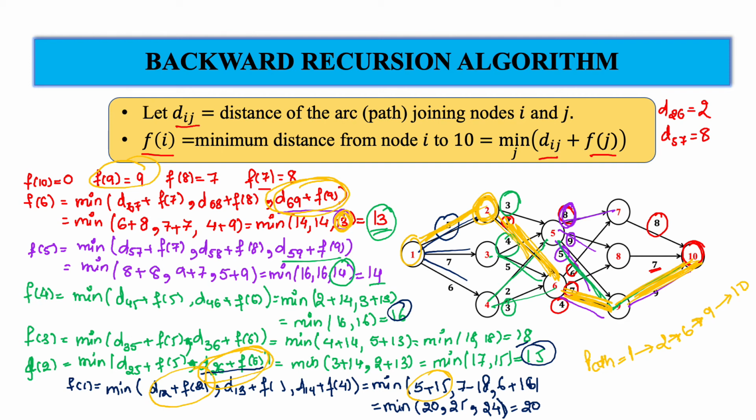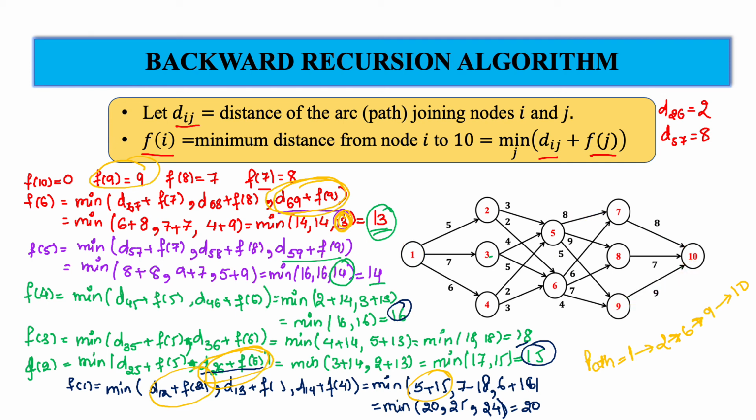Okay, and what is the minimum path value? It is 20. You can check here also. I will just rub this, all the things, on the circuit first. Okay, so that's my circuit.